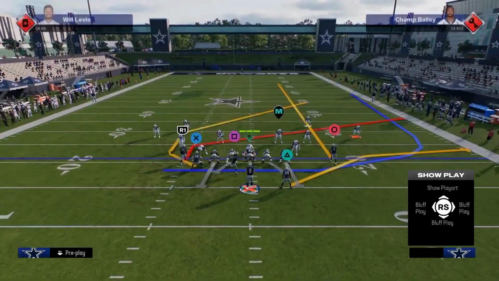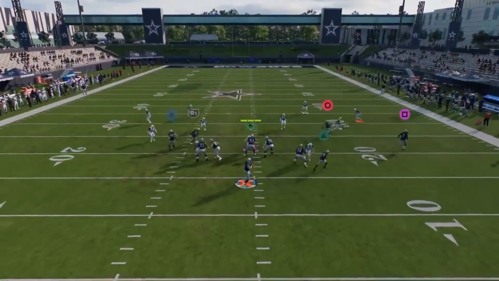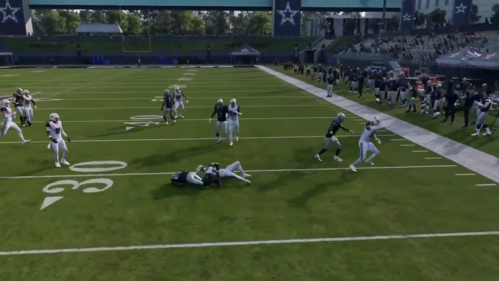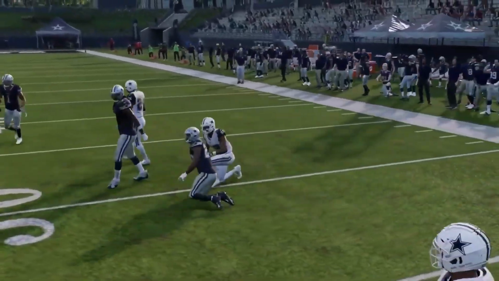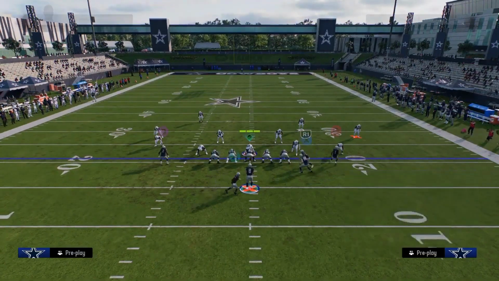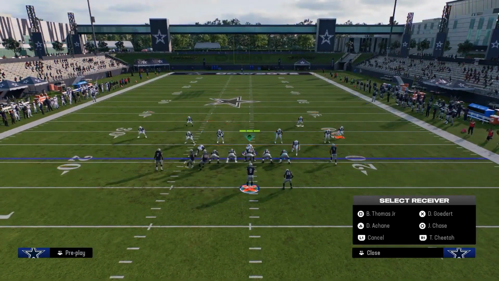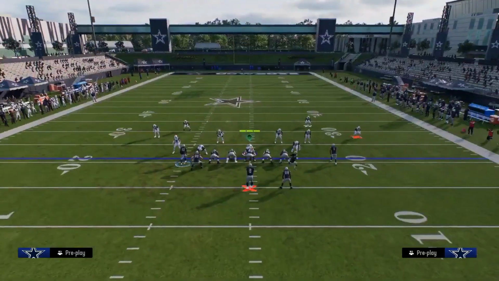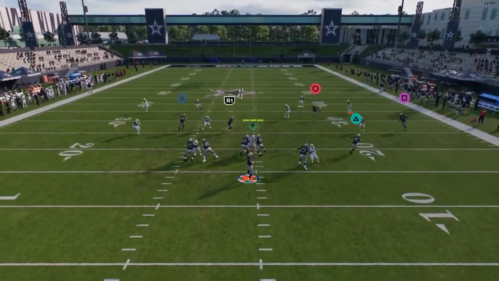So you'll see here, if they're not shading underneath, we can just throw this simple flat route. A lot of times in this game, you'll break that first tackle, and you'll be in a position where they're going to have to respect that. So now they're going to shade underneath. They're going to play cover 3 hard flat, cover 4 hard flat type of coverages. And this is where I think this gets really good,